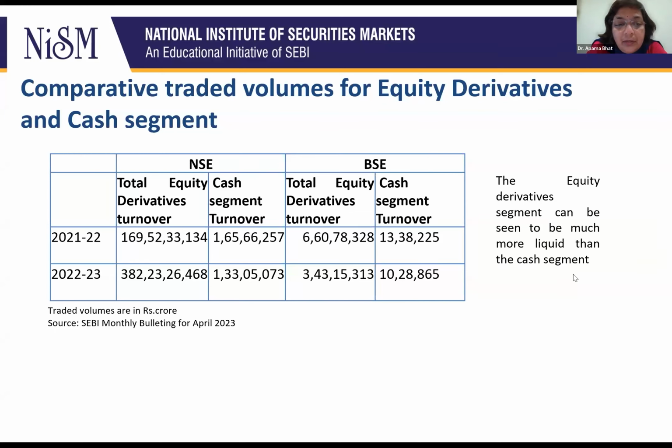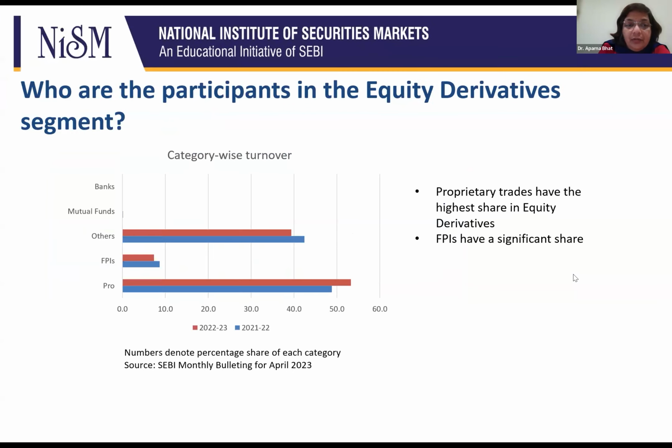By the way, all the numbers on the slide are in rupees crore, so you can imagine what the traded volume is. Huge trading happens in the equity derivatives segment. So who are the participants here? Again, this is SEBI published data. I've taken it from the SEBI monthly bulletin for April